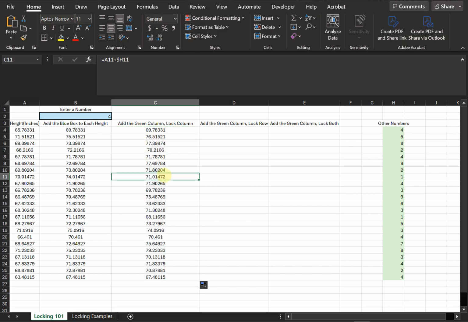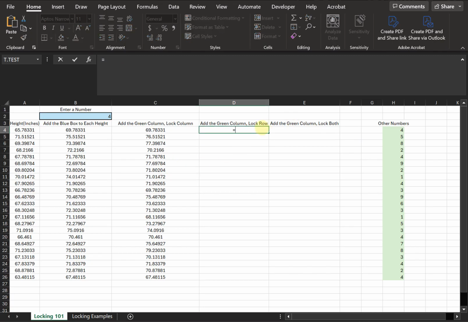So in locking the column, as you can see, I locked the column, but since I'm dragging down, this row is still going to freely move around. So it's not really doing anything in this case. Next, so now I'm going to repeat this. I'm going to take the height, but this time when I add the green column, now I'm going to lock